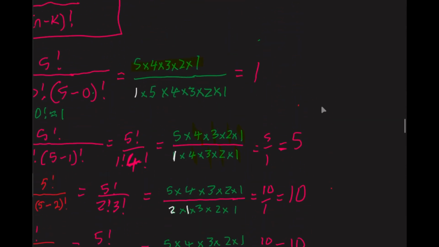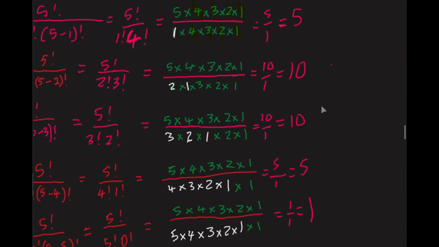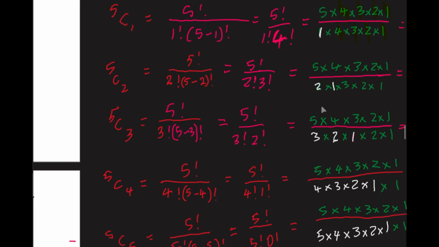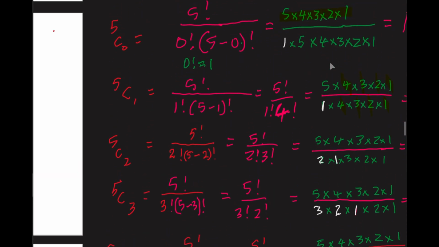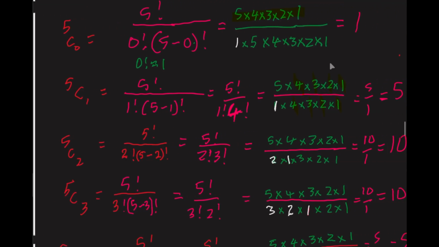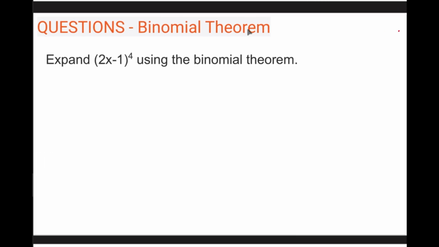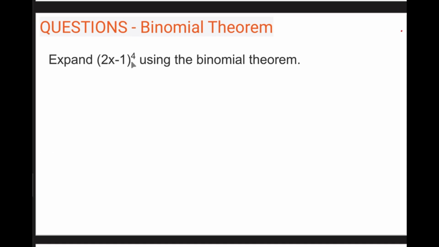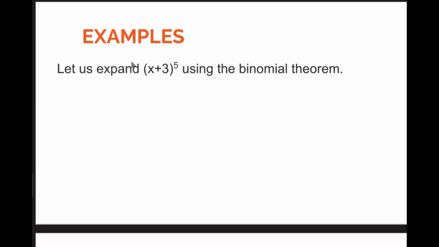So these methods are just used to find the binomial coefficients. Now we can use these methods to expand binomials. So we have this: expand 2x minus 1 to the 4th, and we have this other one, x plus 3 to the 5th,